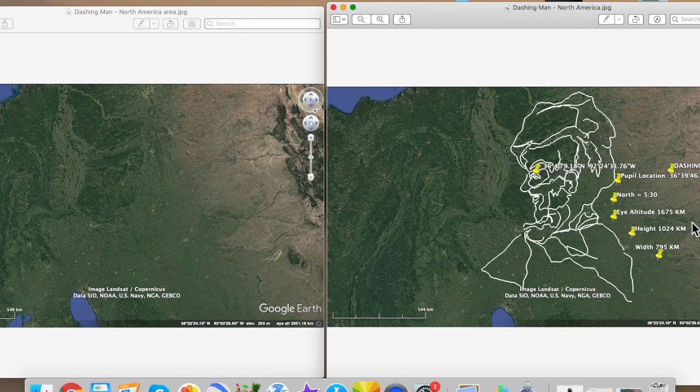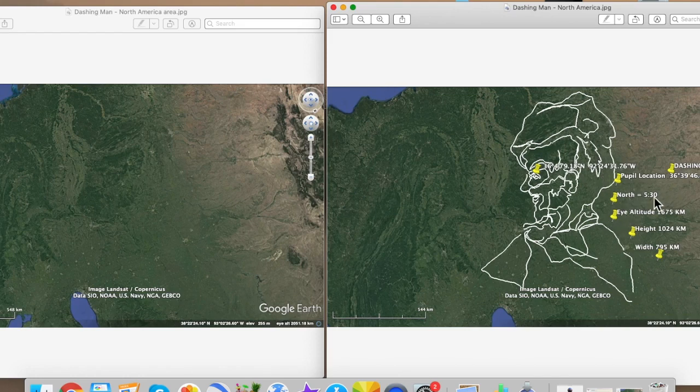Once you are satisfied with the level of detail with outlining and, if you wish to, surrounding similar color hues in the landscape, like you did in exercise 1 of lesson 1, then go to the very center of the eye, mark the pupil, put your little pin in the middle of the pupil, find the GPS, put that in the description of where the eye of the pupil is, give your person or your animal a name, dash the continent, and then below that we need the direction of north,